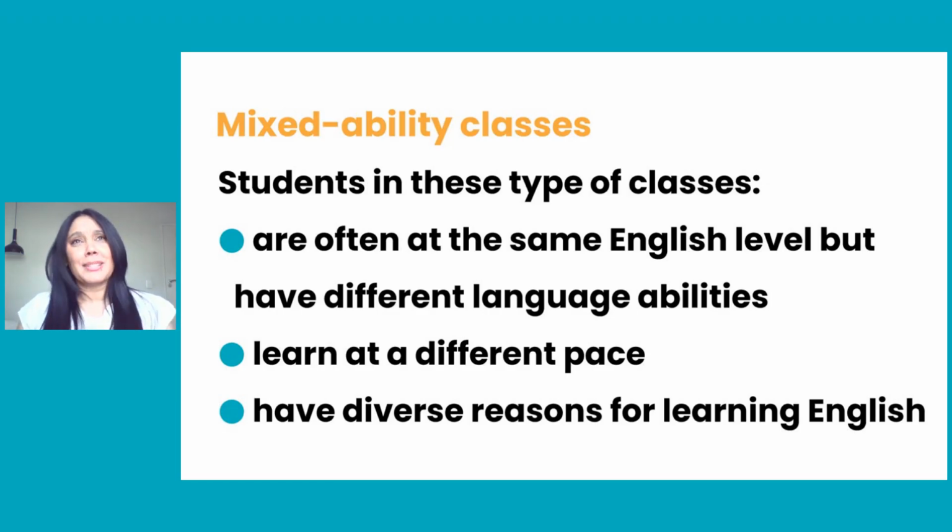Students also learn at different paces, right? So that's another way of looking at a mixed ability class. There's students who learn at different paces, and that's so normal, isn't it? If you think back to when you were at school, I mean, no two students are the same. Someone grasps something really quickly, whereas others might take a little longer to get there, and vice versa. So some need to repeat new information, or they need more time to process it, while others grasp new concepts really quickly.